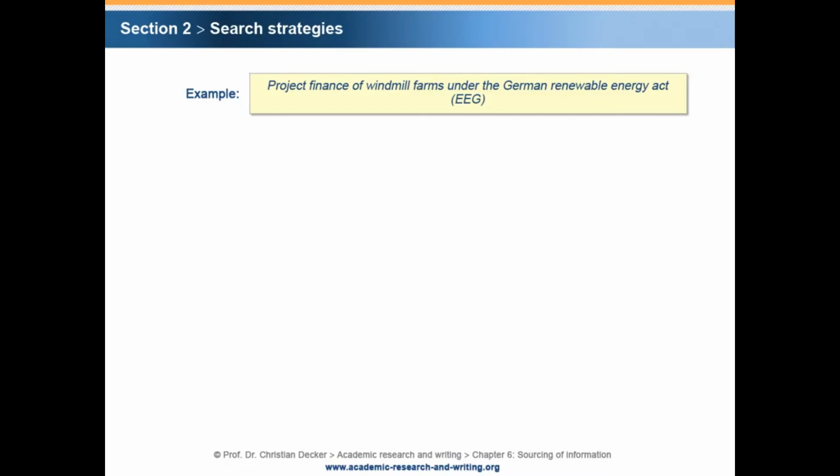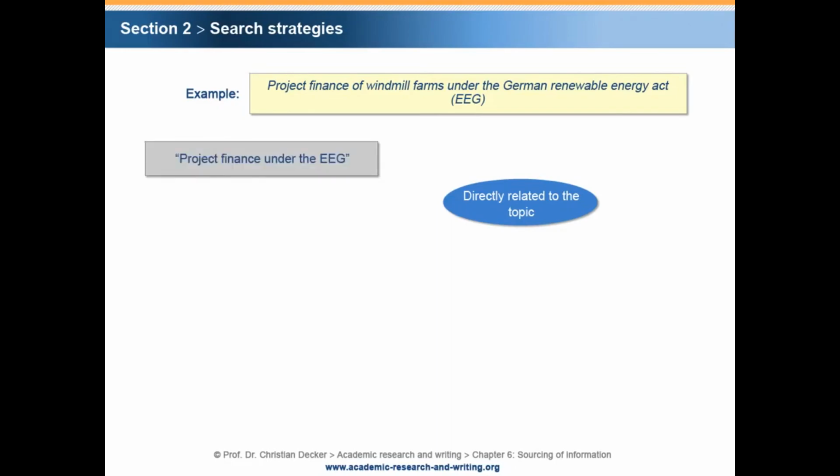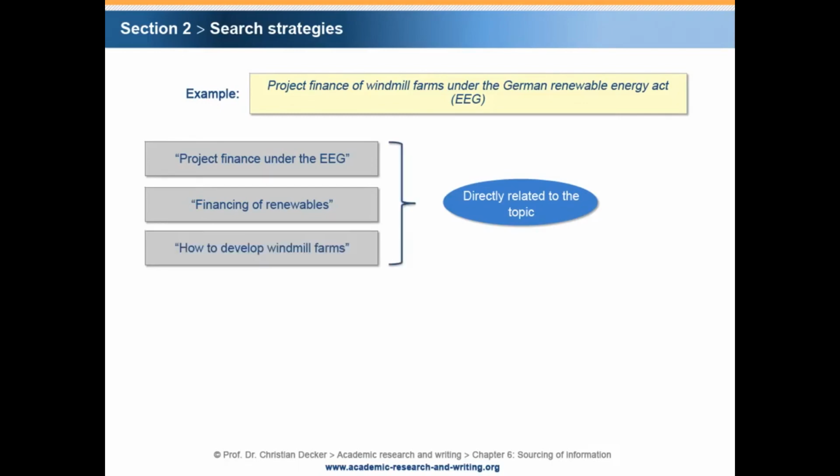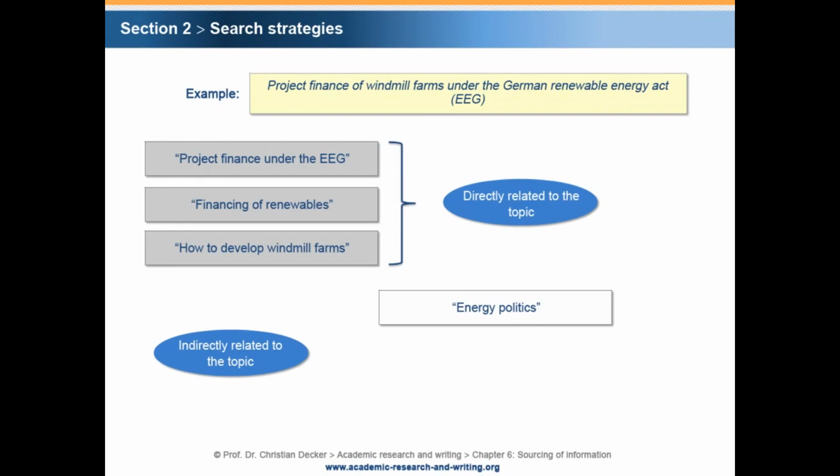First, there may be literature that is directly related to the title topic of the research paper project. Examples of literature titles could be Project Finance under the EEG, Financing of Renewables, How to Develop Windmill Farms, etc. Additionally, there may be literature that is indirectly related to the title topic of the research paper project. Examples of literature titles could be Energy Politics, Sustainable Energy,